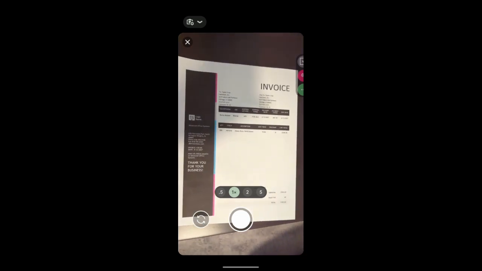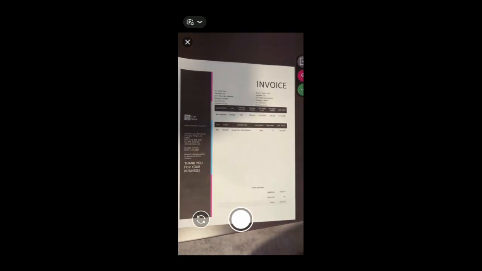I'm going to go ahead and click on Analyze there and take a picture of the invoice. And now it's reading what the image says, and